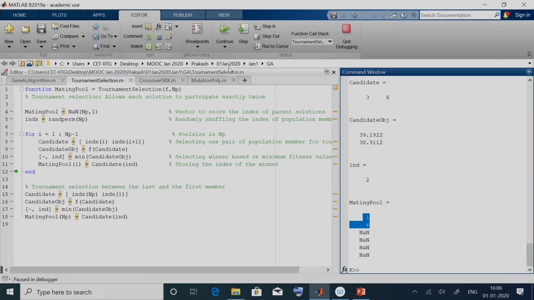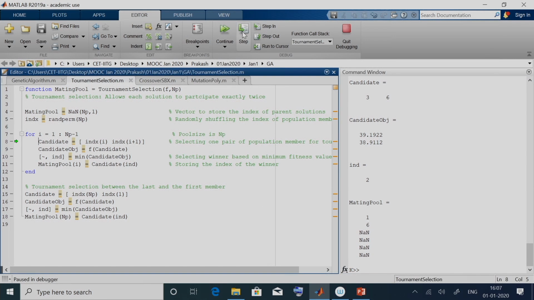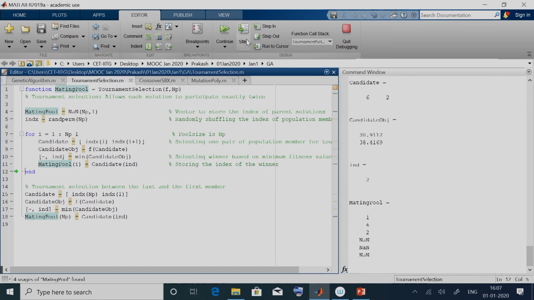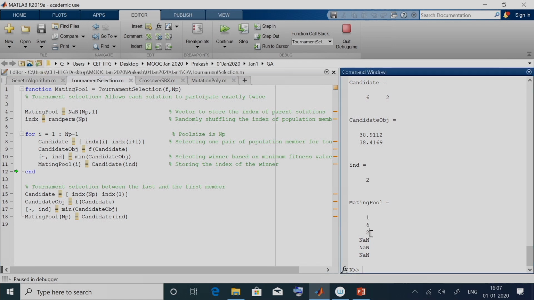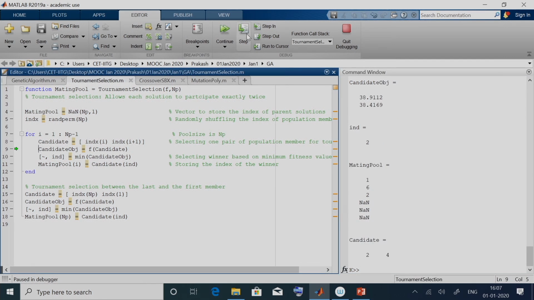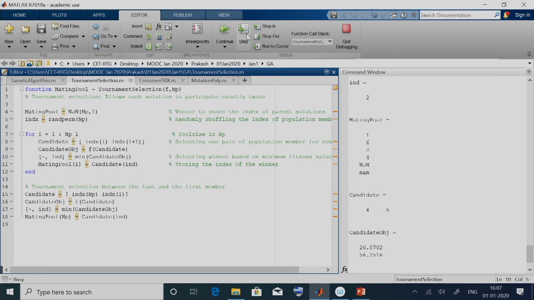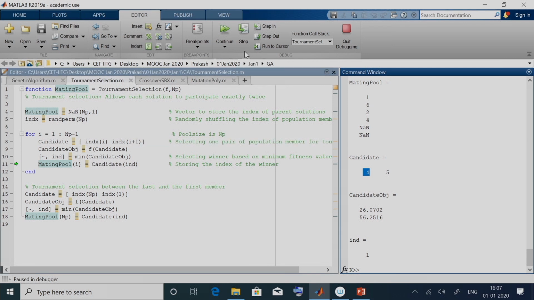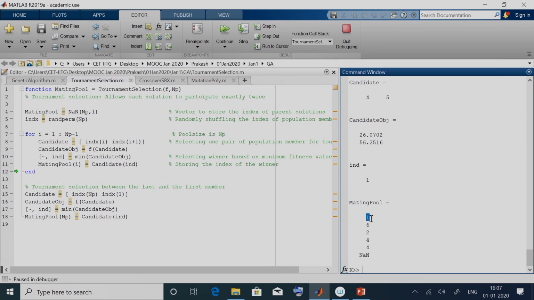Similarly, we can conduct the third tournament. It would be straightforward. Now the tournament is between 6 and 2, these are their fitness function values. The solution located at the second position, in this case the second solution itself, is the winner. So in the third competition the solution is 2. If we keep doing this, in the fourth competition the solution is 4, and in the fifth competition it is again the solution located at the fourth position. So here, if we see 1, 6, 2, 4, 4, these are the winners in the